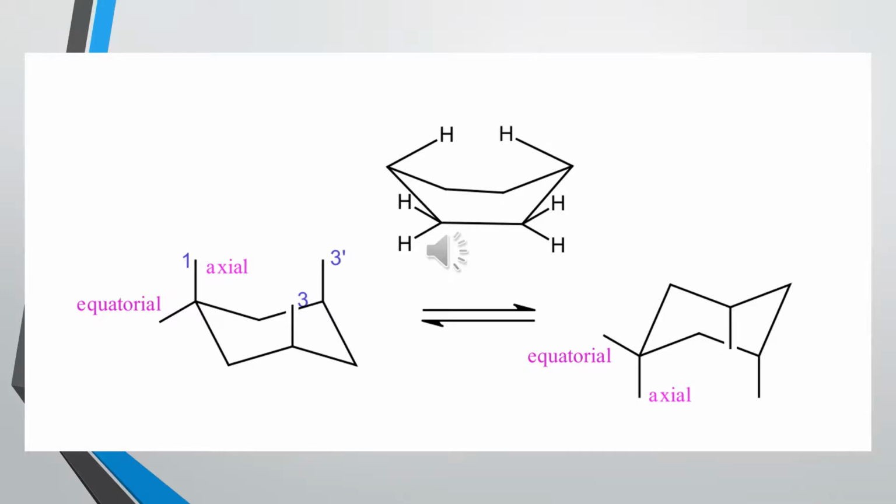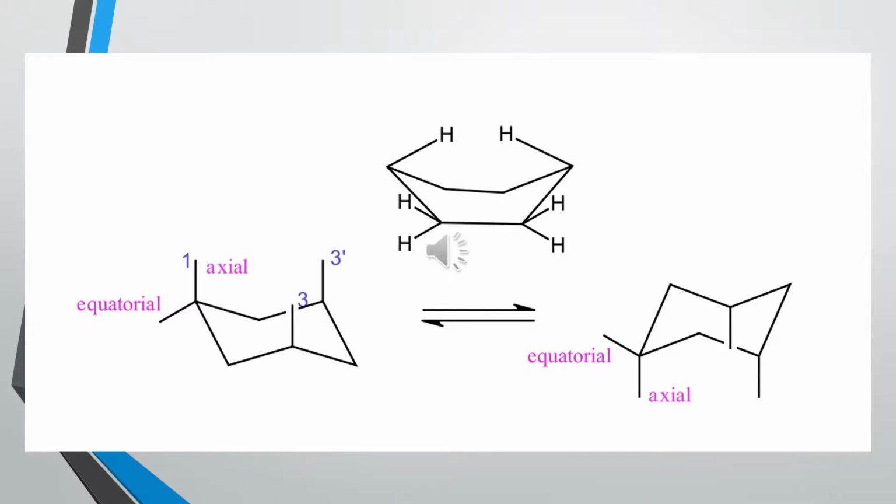Now, instead of free rotation about a carbon-carbon single bond like in n-butane, again, we have this cooperative rotation. And yes, there are two different chair forms for every cyclohexane, including cyclohexane itself. For cyclohexane itself, this is invisible because the two chair forms are identical, have identical interactions and identical energies. What becomes interesting is when you start replacing a hydrogen or hydrogens on the ring with a methyl, an